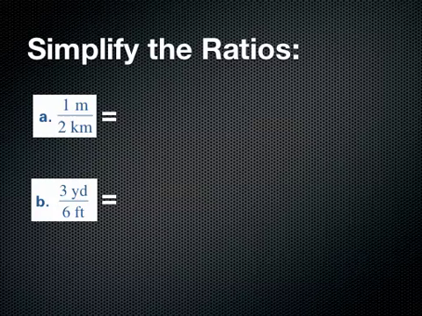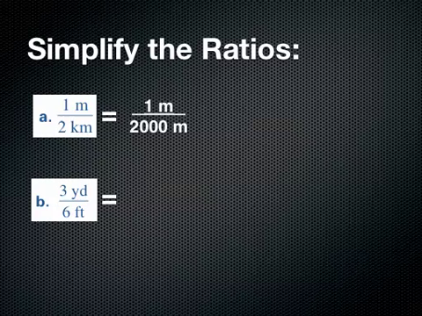So instead, I'm going to change 2 kilometers and write those as meters. Remember, a kilometer is equivalent to 1,000 meters. So 1 meter to 2 kilometers is the same as 1 meter to 2,000 meters. This cannot be simplified anymore because 1